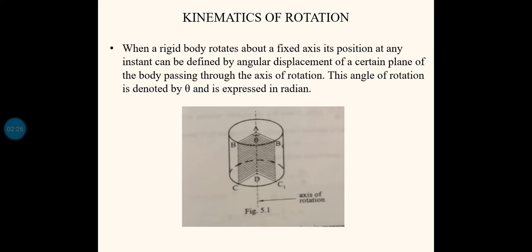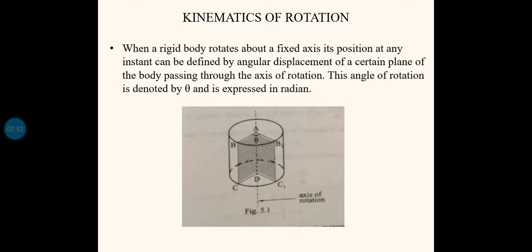Now, kinematics of rotation. In this topic mainly we will be dealing with the different kinematic equations of rotation, as we have seen in the case of rectilinear motion. Same thing we will be seeing here. There are almost similarities between rectilinear motion and rotational motion, but slight differences are there. Only notations are changing. The final equations will be almost the same. You can correlate these equations with the earlier ones.